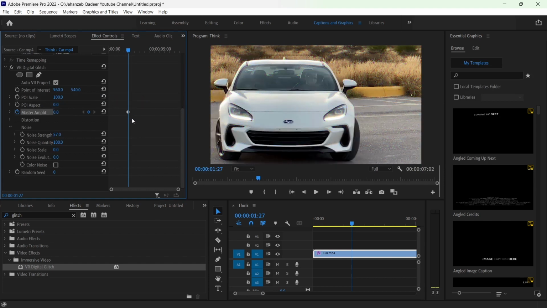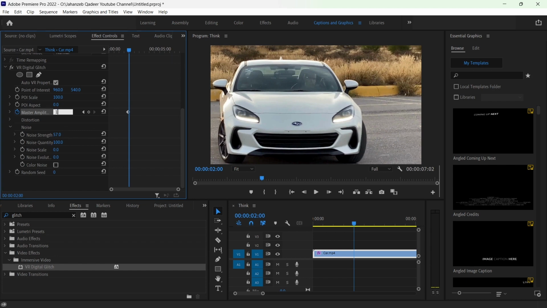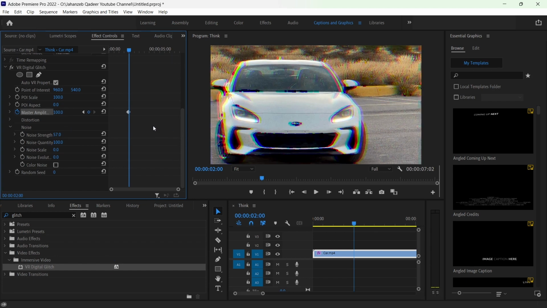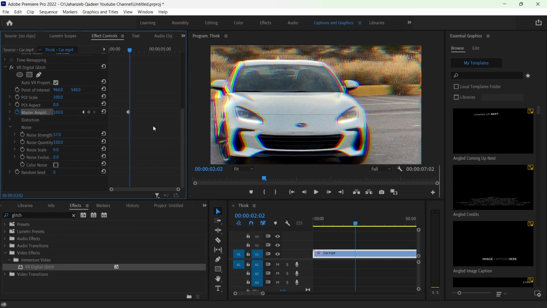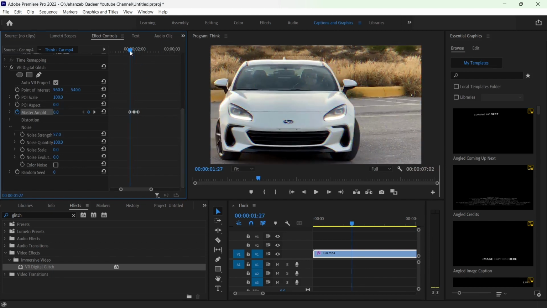Okay, then you need to move 3 frames, change that value to 100. Then you need to move 3 frames further and change that value to 0. Once you've done that, you need to come back onto the first frame,